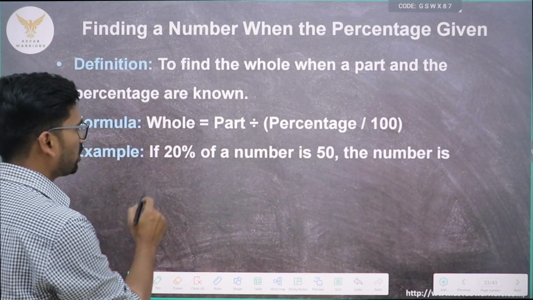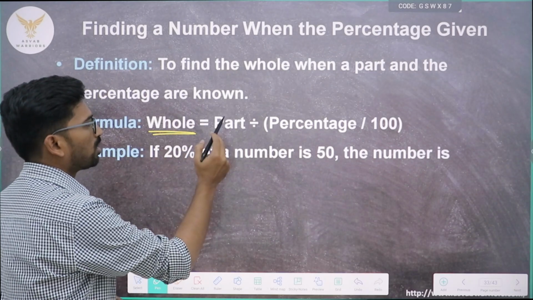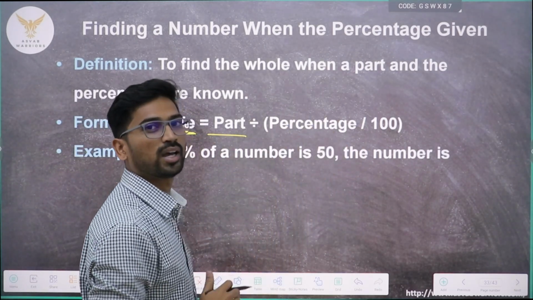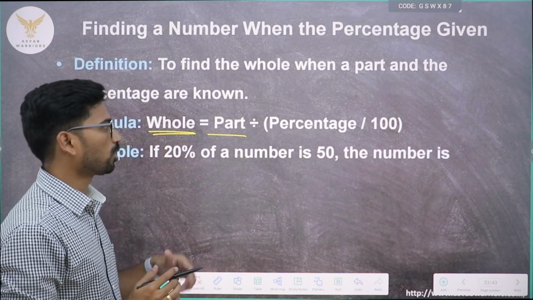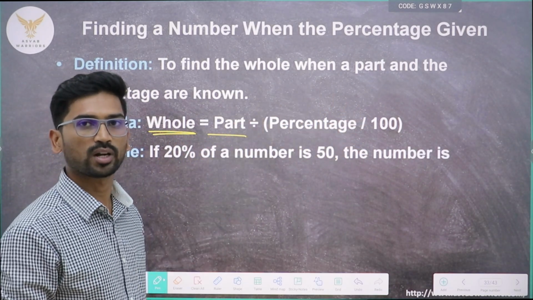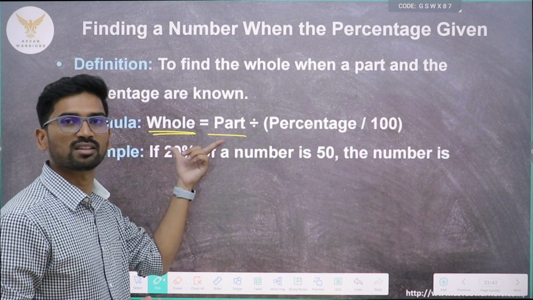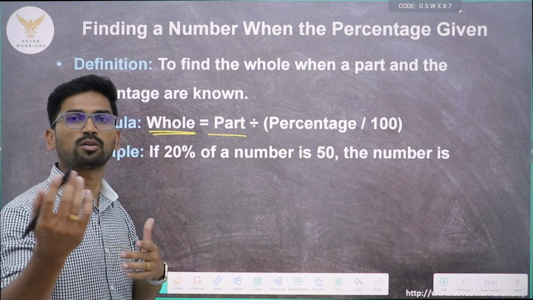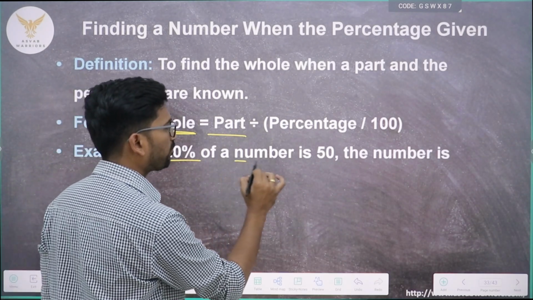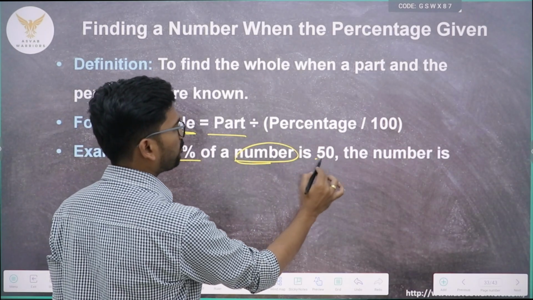The formula is: whole equals part divided by percentage divided by 100. The formula says whole equals part divided by percentage divided by 100. Now we will take a simple example to understand the formula first, and then we will take our example. So if 20% of a number is 50,